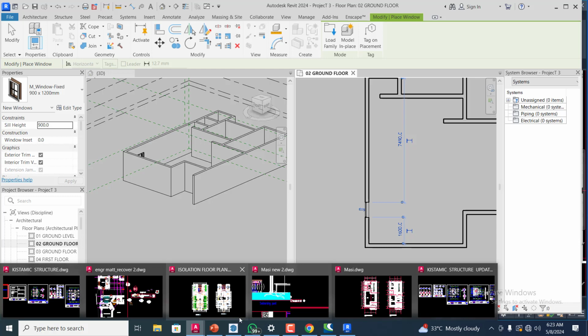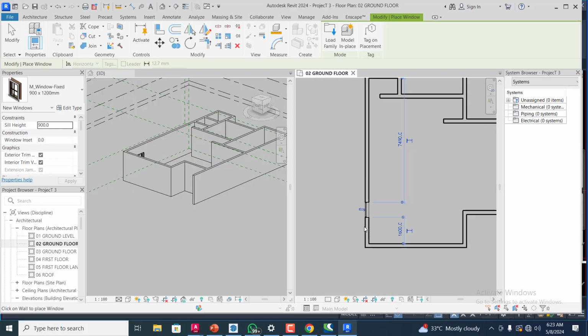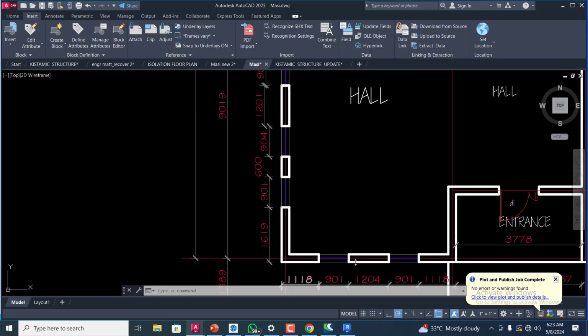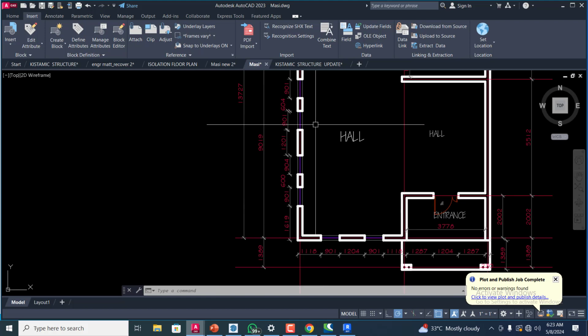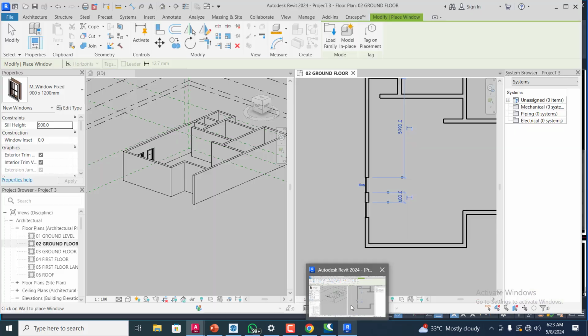You can change that seal height. I have spoken about it in the previous episode. Now this one, there is a wall here of 600, so I'm going to also take another window to 600 away from this other first one. So I have a 600, and then the next one I have here, let's see, is the next one I have, this is 1200, then I have 900, so I'll take that at 1200